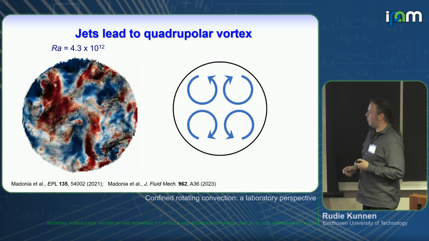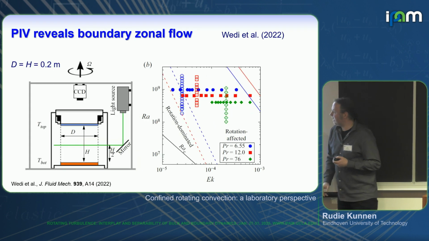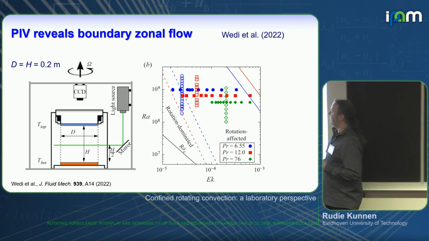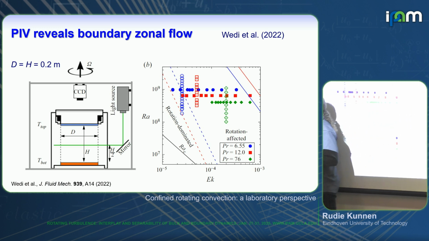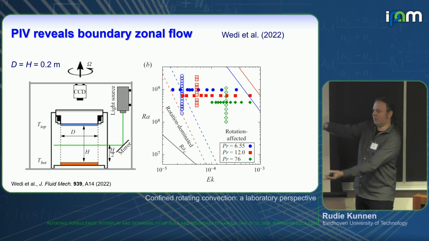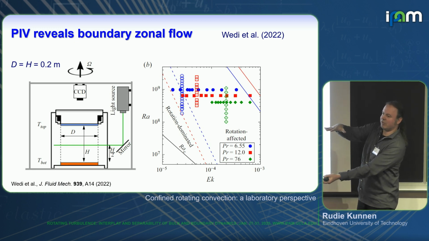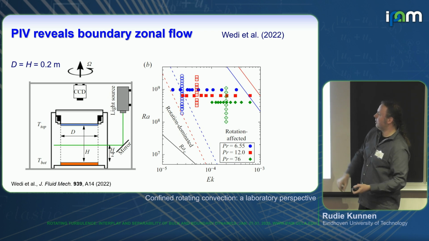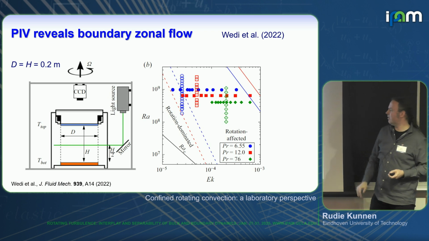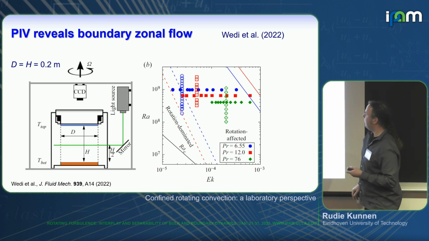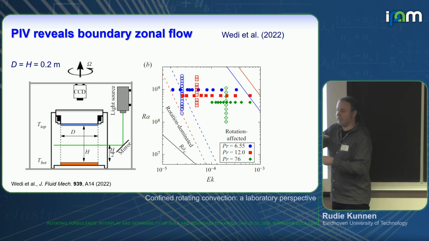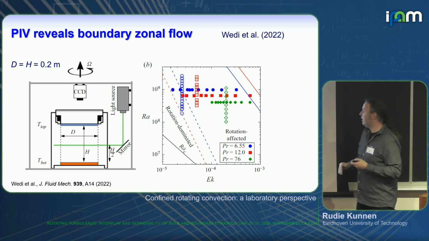So the application of PIV has also been performed in Göttingen. This is in a different setup than the big U-boat experiment. So this is now a tabletop size convection device filled with water, with dimensions of about 20 centimeters height and wide. And they did regular PIV in this system, meaning that you can get the in-plane components of velocity,